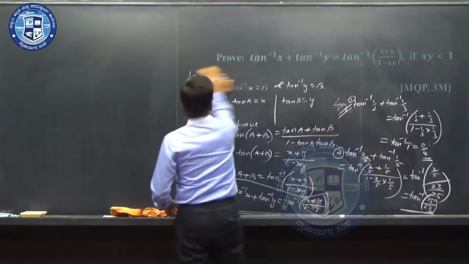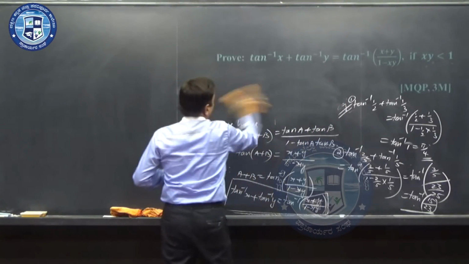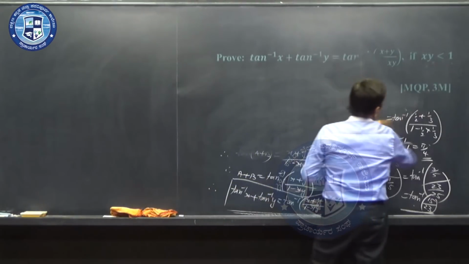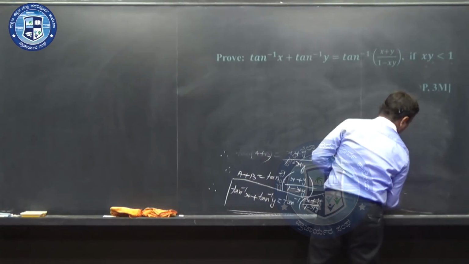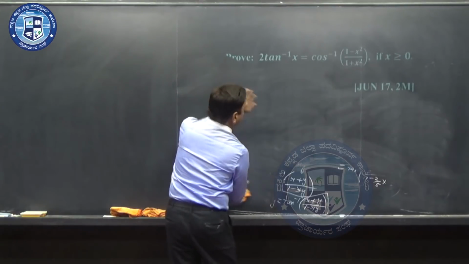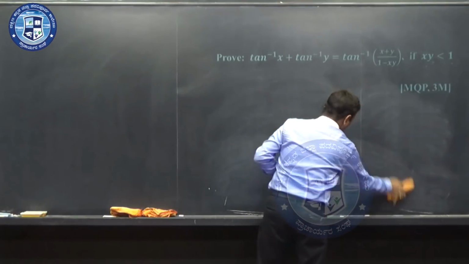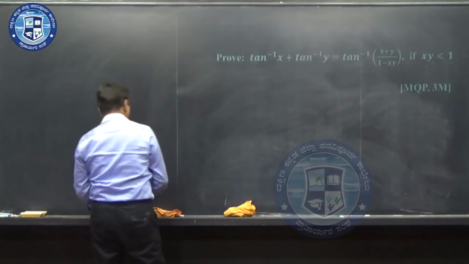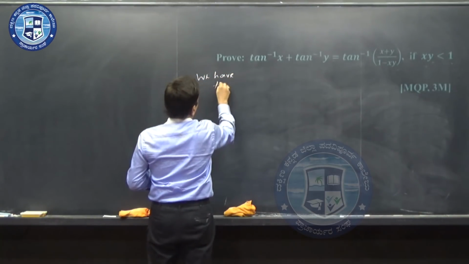So, tan inverse x plus tan inverse y equals tan inverse of x plus y divided by 1 minus xy. Now, let us have a note here before going ahead with the next question. From this previous question, you have this particular result. On similar grounds, I will rewrite that, we have tan inverse x